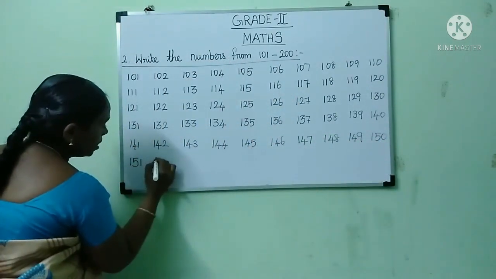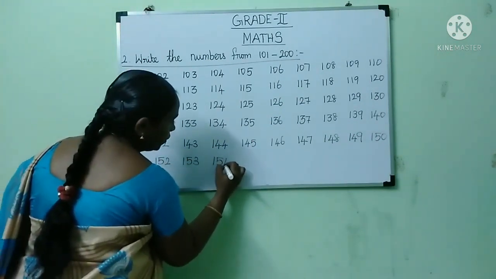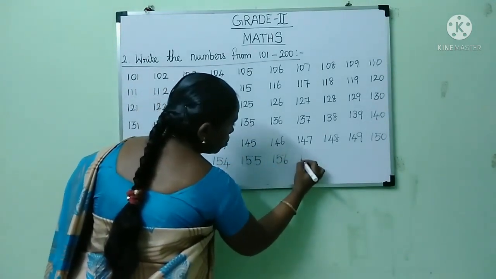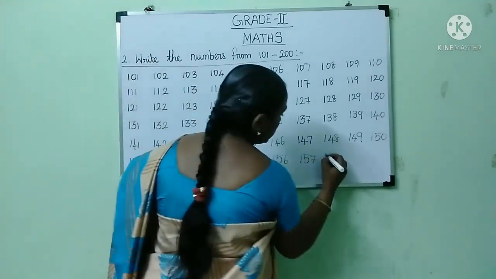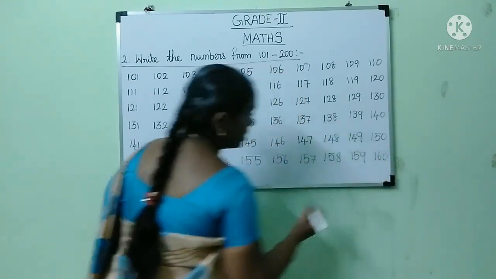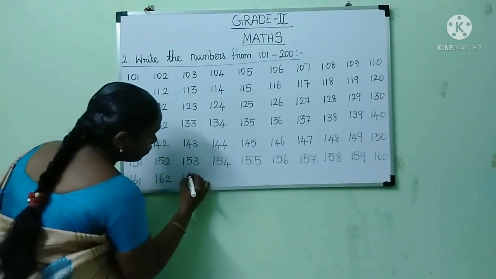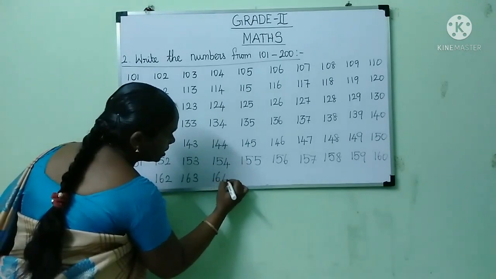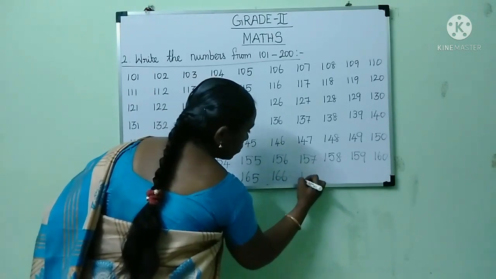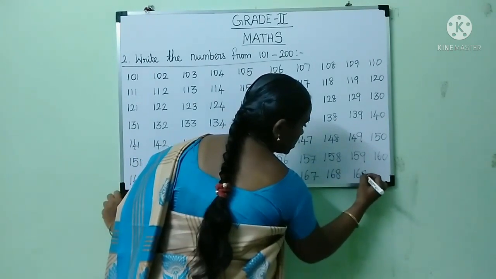Next, 151, 152, 153, 154, 155, 156, 157, 158, 159, 160. Next, 161, 162, 163, 164, 165, 166, 167, 168, 169,